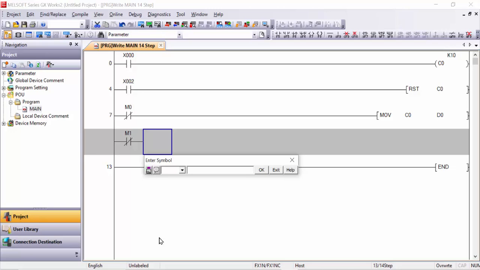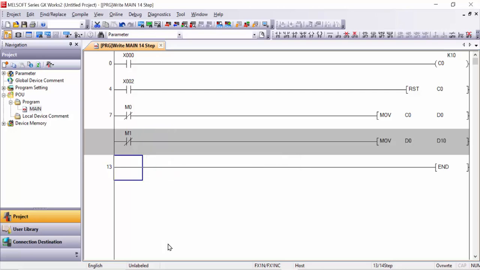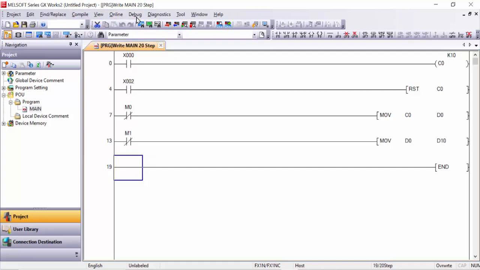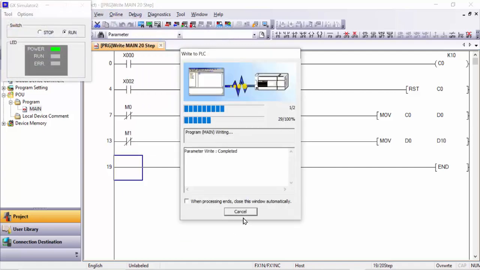this move or compare, any command which you would like to use in the program. That depends on your own logic. But this video is only for data registers, how we can move. That is what we will focus on in this program. Move, for example, move D0 into D10. D0 into D10, and now compile and again start stop simulation